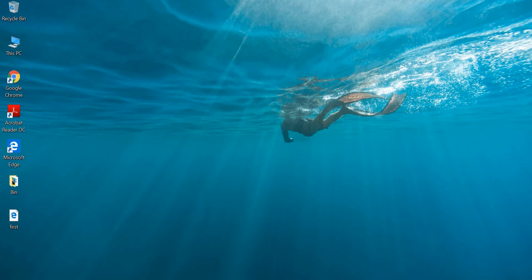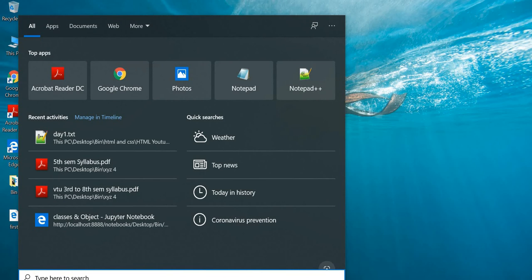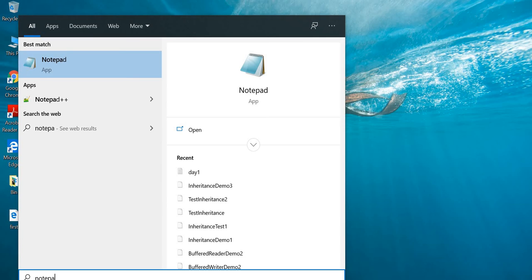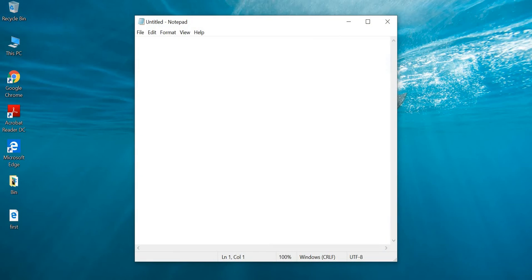So let's get started. The only tool you need for this is Notepad. In Notepad I'm going to teach you HTML. HTML stands for Hypertext Markup Language. So guys, this is not a language, this is a markup language. Markup language means we use tags. What is a language? Languages are C, C++, Java, Python, C#, etc. So this is a markup language.